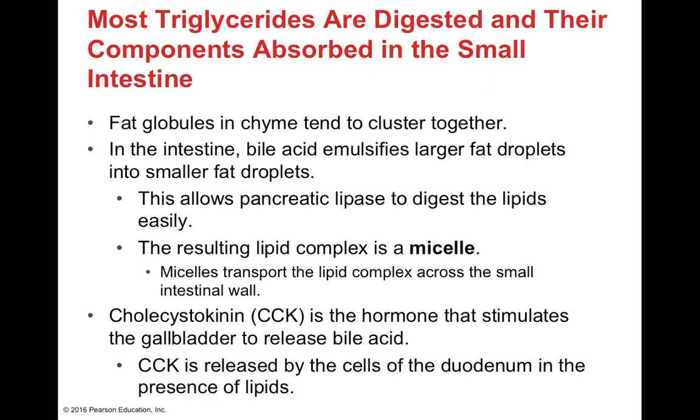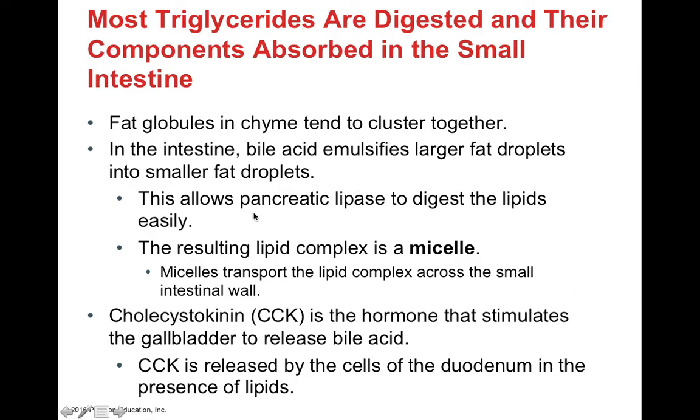Okay, so again, how are we digesting these triglycerides? So first we have to break them down and then absorb them. So the fat globules in chyme tend to cluster together, and so they're going to have to be broken down and what's called emulsified. So we're going to take the larger fat droplets and break them down into smaller fat droplets. And in this way, we are going to allow